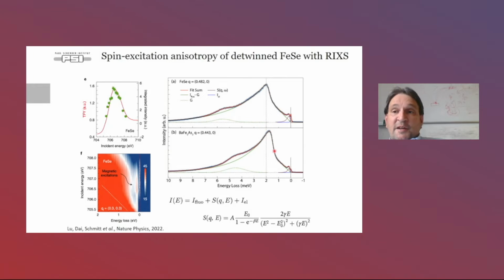And now the task for extracting these spin excitations is that you need to make a decomposition between the electronic response in terms of fluorescence and in terms of the spectral function, which is expressed by an elastic line, or in most cases just simply a Gaussian form of the resolution function. And when doing this deconvolution, you can extract experimentally S of Q and omega, S of Q and E, which you can fit then with the most common harmonic oscillator model in order to analyze this spin excitation mode.